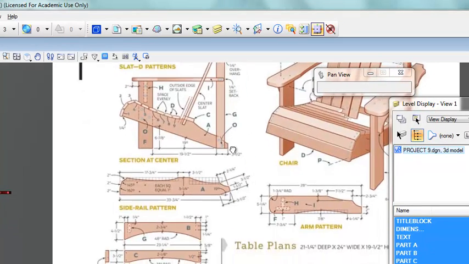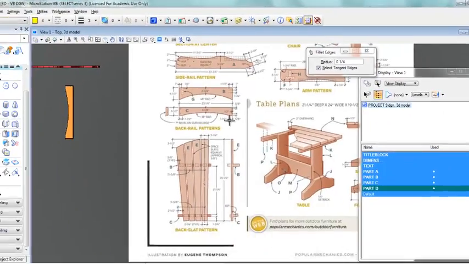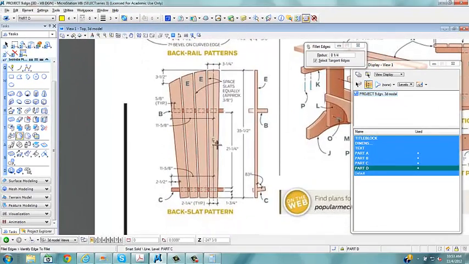Part E is our slats. Okay. A little different. These are tapered back slats. And you can see that they're 2 1/4 inches on the bottom. They're 3 1/4 inches on the top. So I think what I would do in this case, and we'll be a little bit creative, is I'm just going to trace this top slat, and it's got a curve on it,